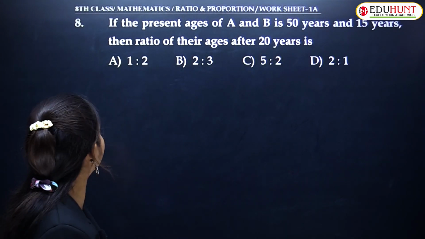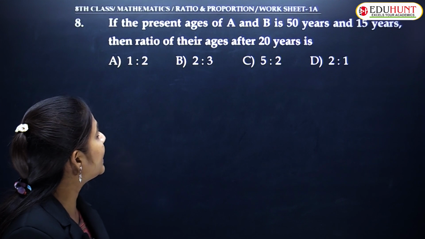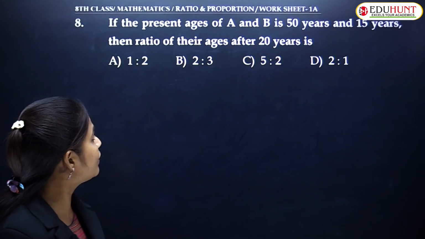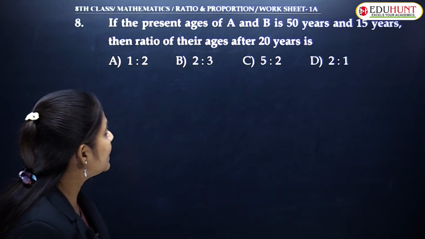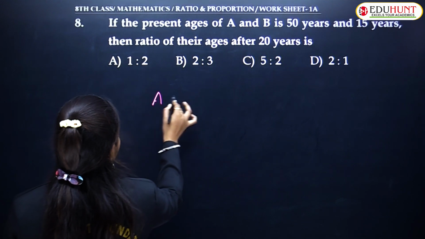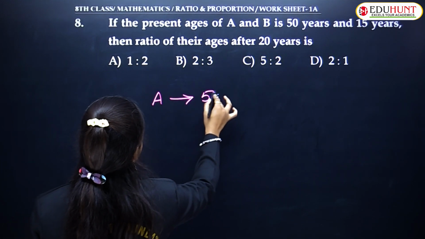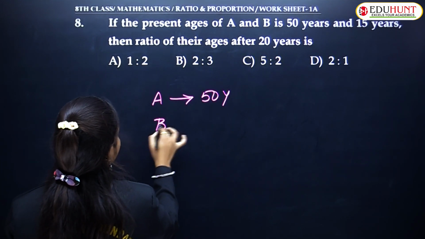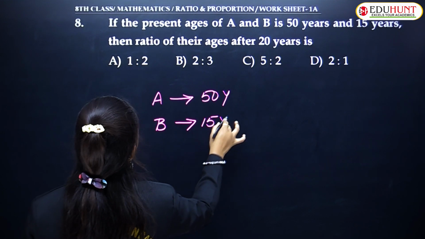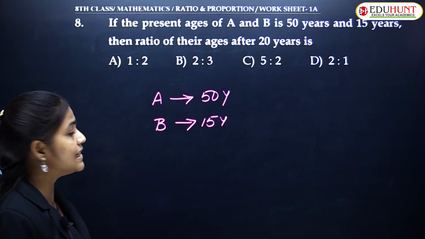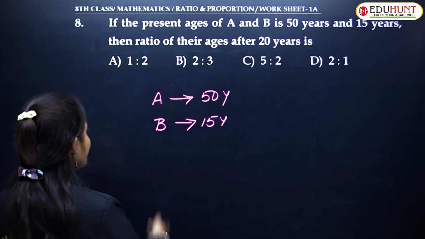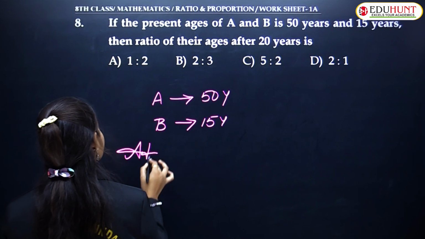What is question number 8? If the present ages of A and B are 50 years and 15 years. So A's age is 50 years. Next, B's age is 15 years. Then the ratio of their ages after 20 years. So after 20 years means